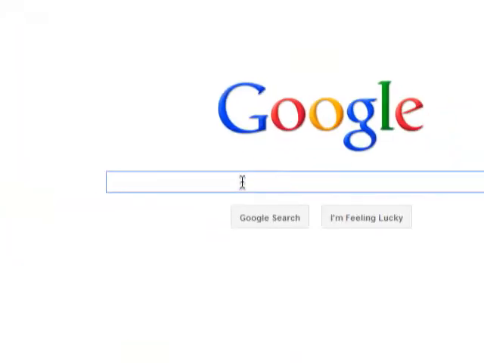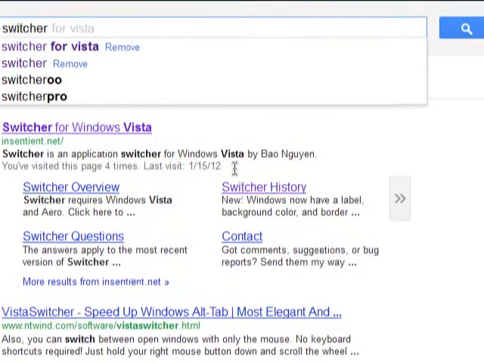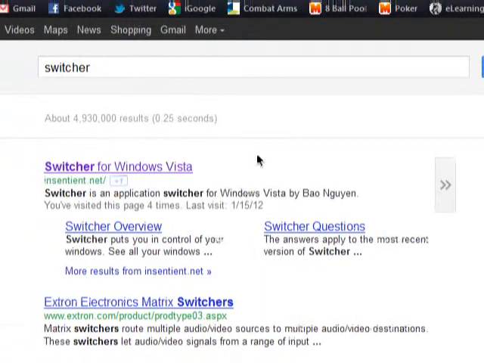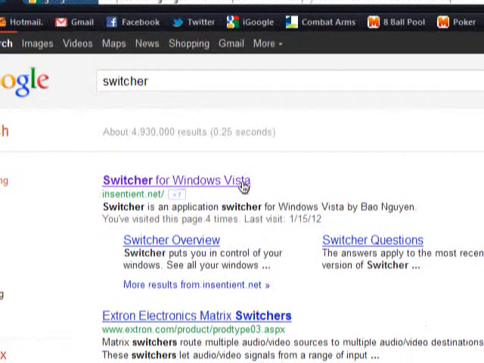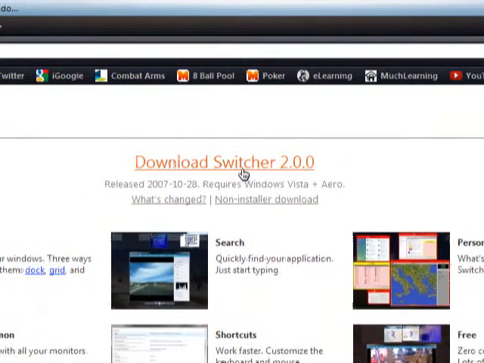Sorry about that, guys. Google, and you want to type in Switcher for Vista, or just Switcher. I'm going to just do Switcher, and the first thing that comes up is Switcher for Windows Vista. That's the one. You're going to click on it, and at the very top you have a download